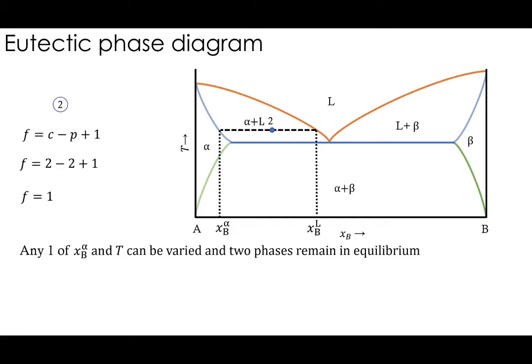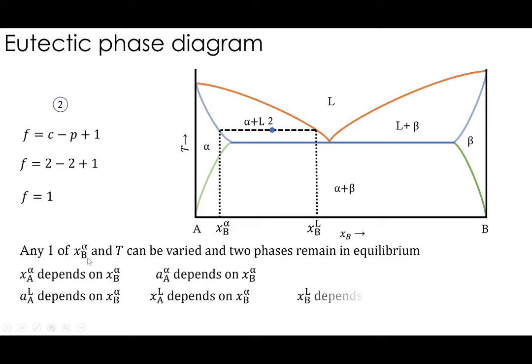So you may be thinking, what is this XB alpha? Why are we taking only this as the composition variable? That is how we have derived the entire Gibbs phase rule. But anyway, we will see it here for this specific case. You can see XB alpha. If we say amount of B in alpha, it automatically defines what is amount of A in alpha. That is a binary. So XA alpha depends on XB alpha.